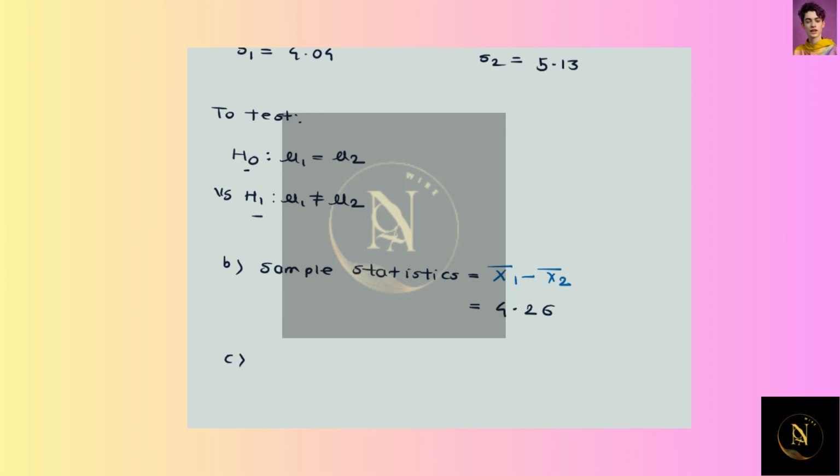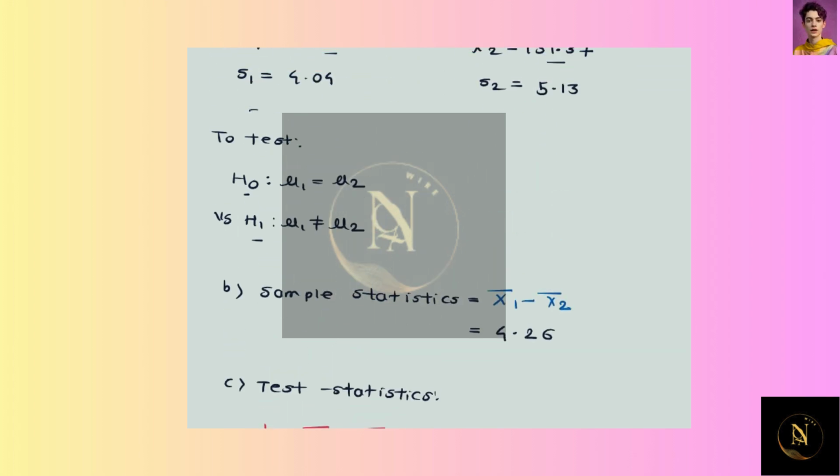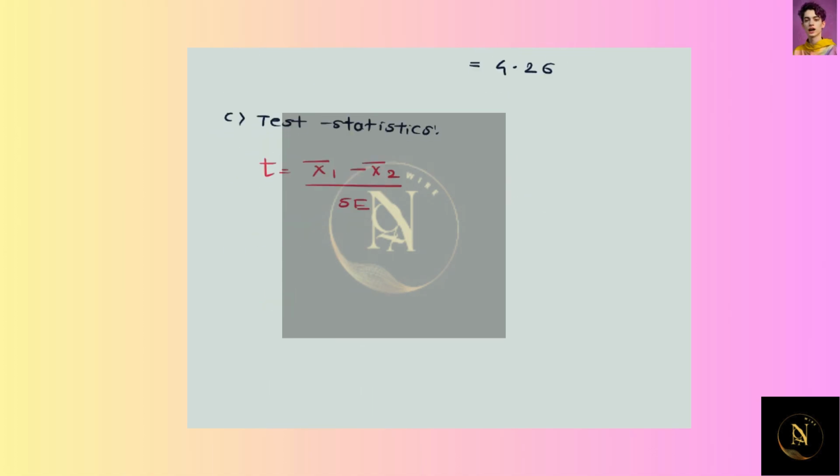Now in the next part, compute the value of the test statistic. Here we are going to use the t-test. So t is equal to x1 bar minus x2 bar divided by the standard error. The value of the standard error is also given: standard error equals 1.1922. So we know all the values, just put them in, and after simplification we get the test statistic